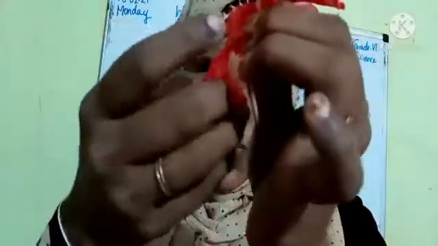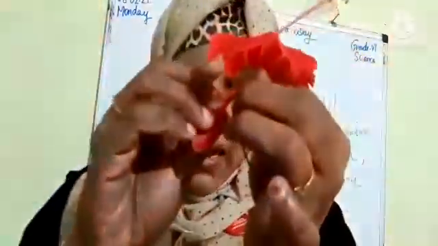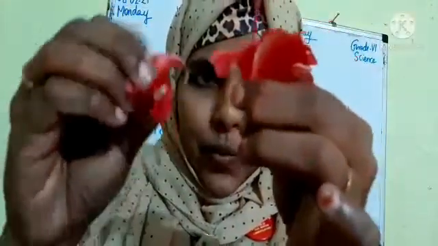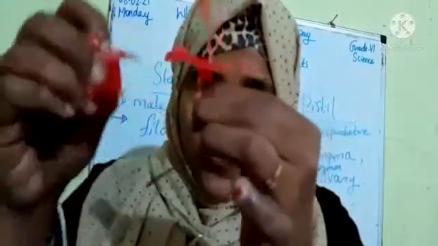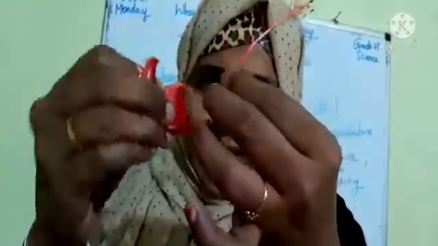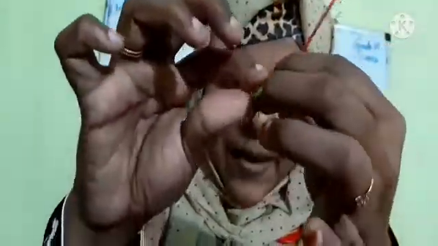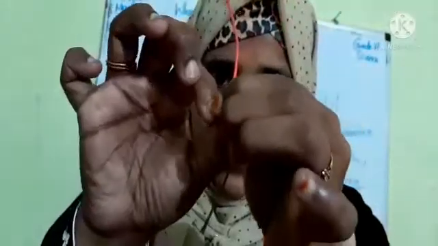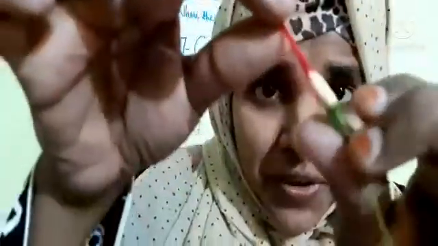I am going to remove this bright colored part. What do we call it? It is a petal. Bright colored parts, petals one by one, to check the ovary of this flower. Then petals in my hand. After that I am going to check this part. This sepal also I am going to remove from here. Then listen. Zoom your camera, children.